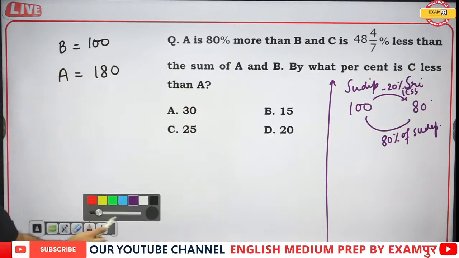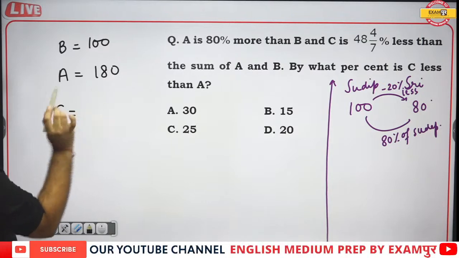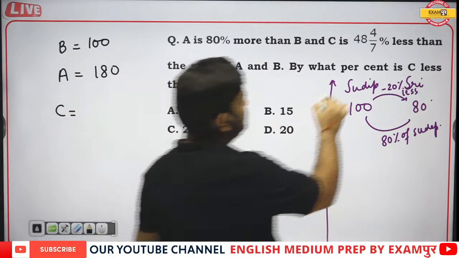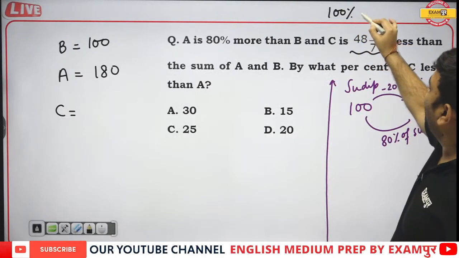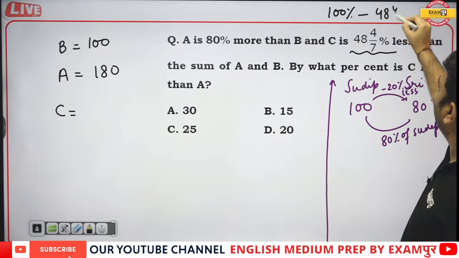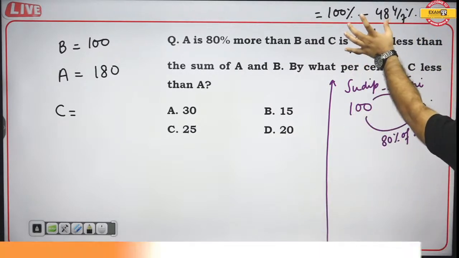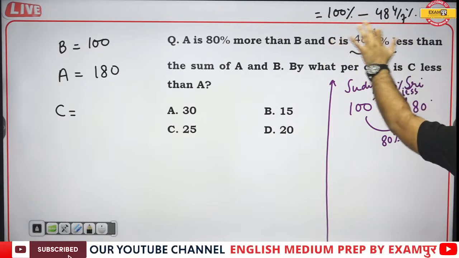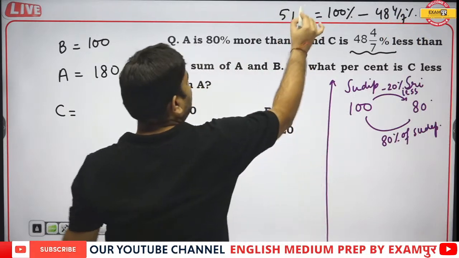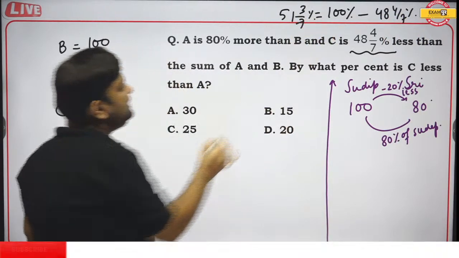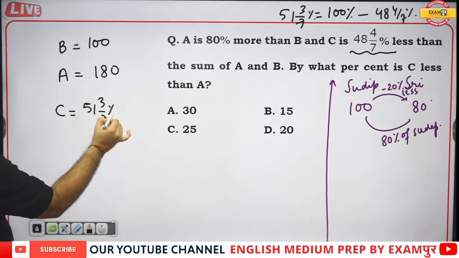So similarly, if C is 48 4 by 7% less, subtract this from 100. 100 minus 48 4 by 7 is, assume it 49, so 51 plus 3 by 7. So C is 51 3 by 7% of